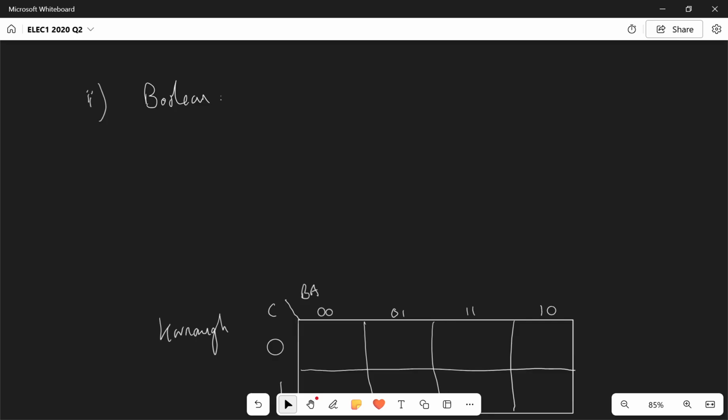Okay, part 2. Determine the simplest expression for output Q using a Karnaugh map or the rules of Boolean algebra. Well, I'll do both, because some of you might prefer Boolean, others will prefer Karnaugh maps, and hopefully you should end up with the same answer. So if you're using Boolean, then you're going to end up with this expression as a starting point. Okay, so not C and B and not A, or not C and B and A, or C and B